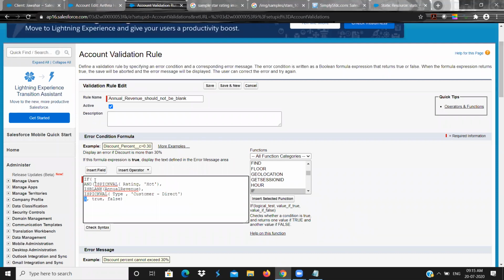So first is ISPICKVAL of rating, comma, second condition, comma, and condition 3. So three conditions inside the AND operator, and it is surrounded by the IF statement. Any doubts?